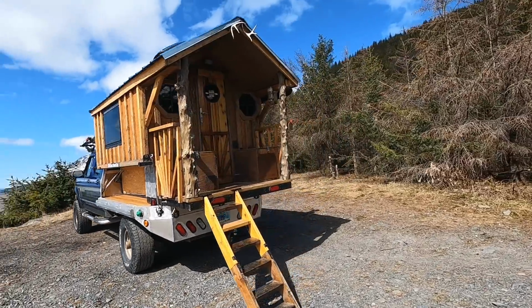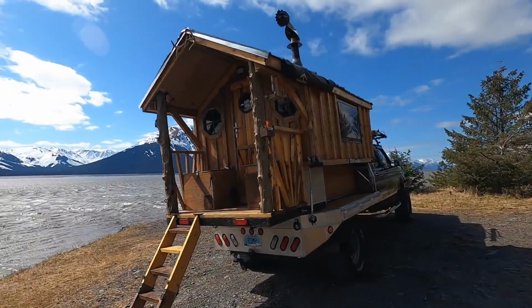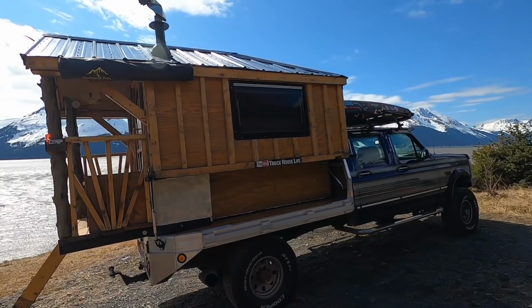The really sweet part about this hand pump faucet system is I don't have to winterize the camper. I don't have to worry about my pipes exploding. It's nice and simple. For electricity in the truck house, I have 2 Battle Born batteries, which are 100 amp hours each,